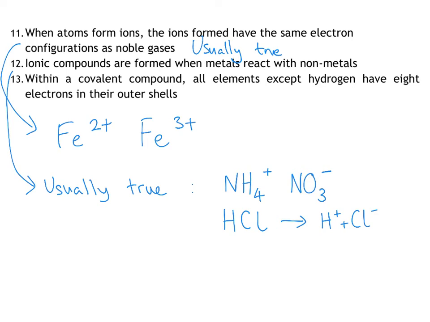And then when you do A-level, you will also see that occasionally metals can make covalent compounds with non-metals as well. So there are some metal compounds that involve sharing of electrons instead. It's more of a scale between ionic and covalent rather than an always ionic, always covalent. But it's usually true, but not always true. And then number 13, it looks like I've grouped all of my usually true together. Within a covalent compound, all elements except hydrogen have 8 electrons in their outer shells. Usually true,